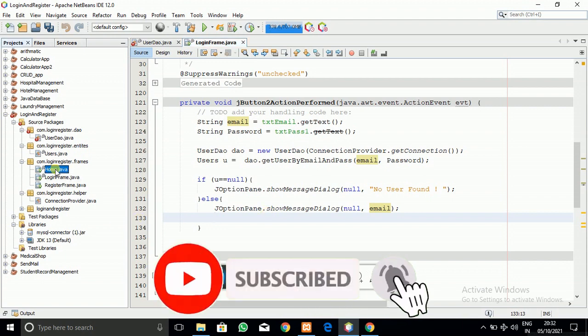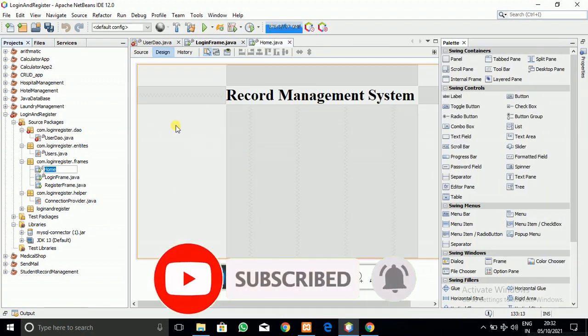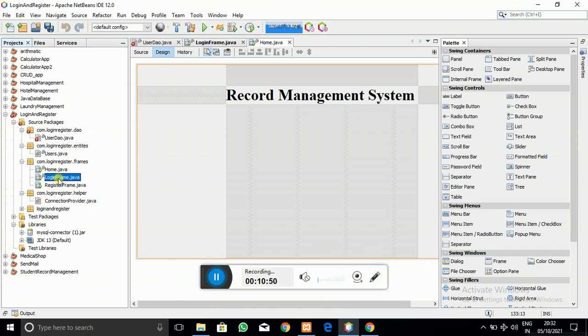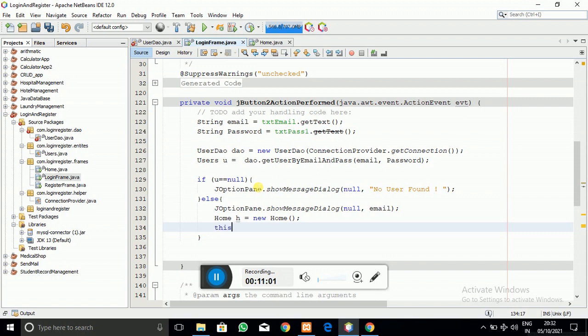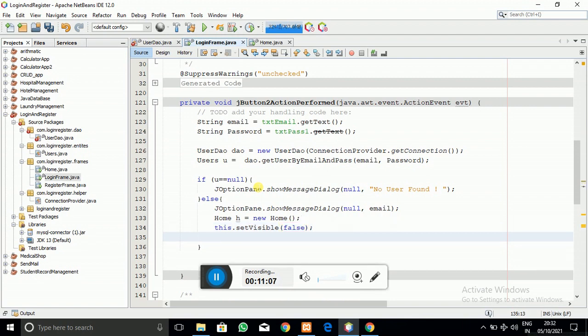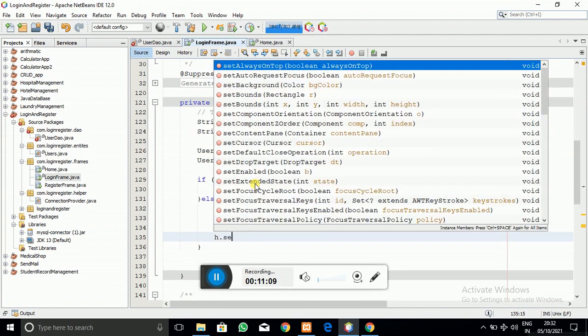And here you can see this is the demo frame, the home screen, and I am going to navigate to that home screen by creating that object. Here you can see, this dot set visible false, and that home screen frame must open after successful login. So h dot set visible true.